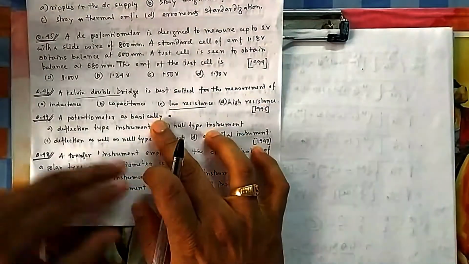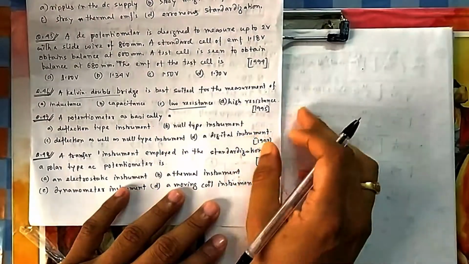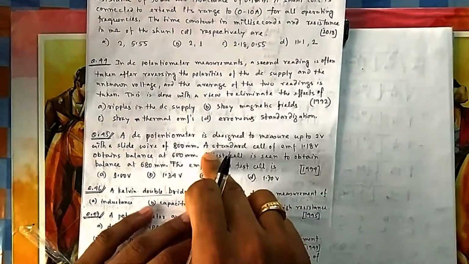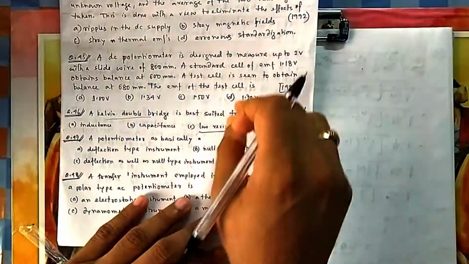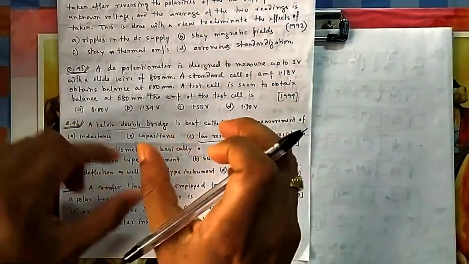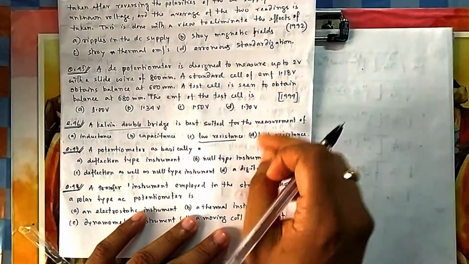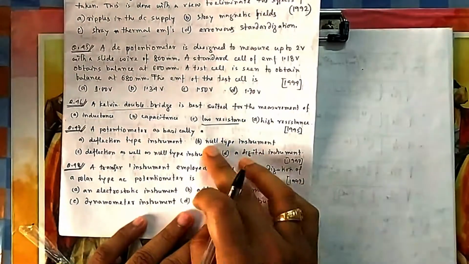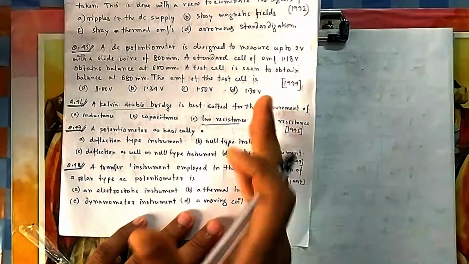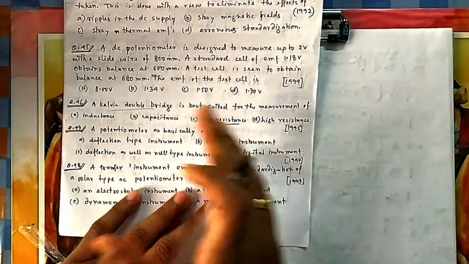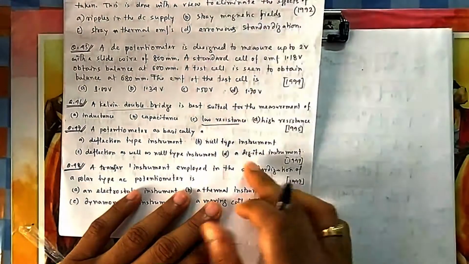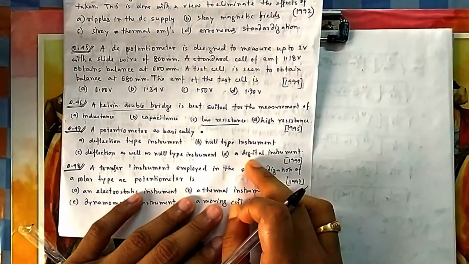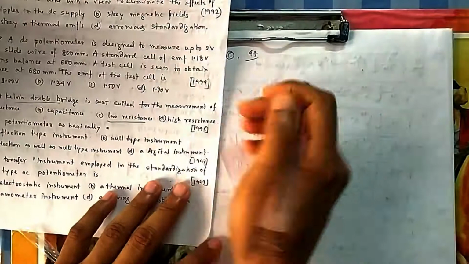47. A potentiometer is basically a... So you know potentiometer. We have done this question of DC potentiometer, where it works on balancing of the given voltage and the voltage across the wire, at what position it is balanced. That means when you see balance, the deflector is at null position. That's what is known as null type deflection. There will be no deflection at that point, so it is null type. Deflection type means which will give deflection to indicate the reading. Here you will stop the experiment and take the reading when it is giving null deflection. So it is a null type. So 47 is B.